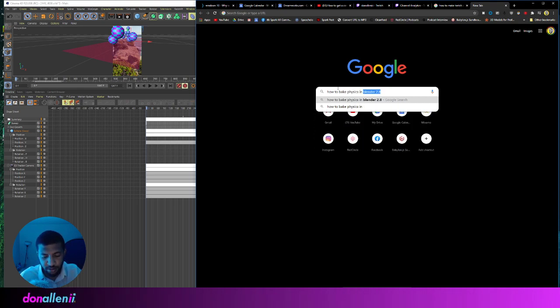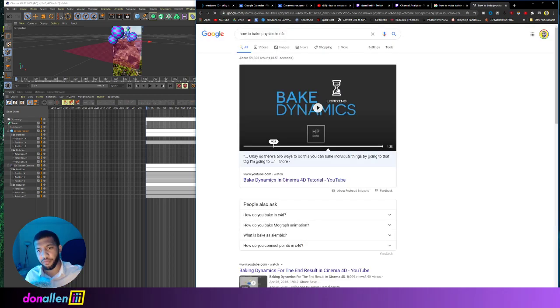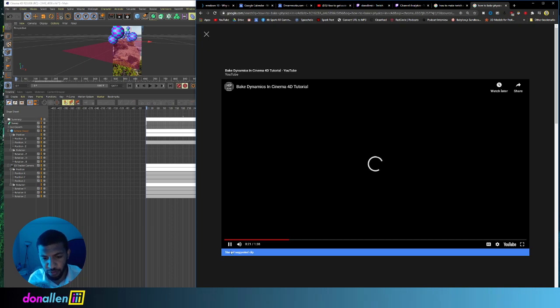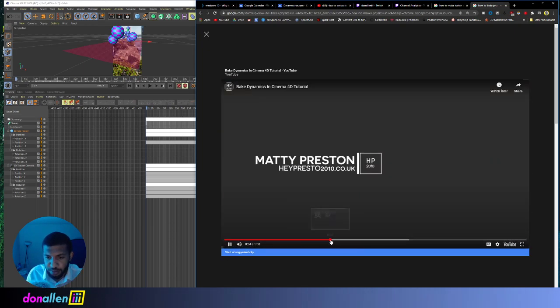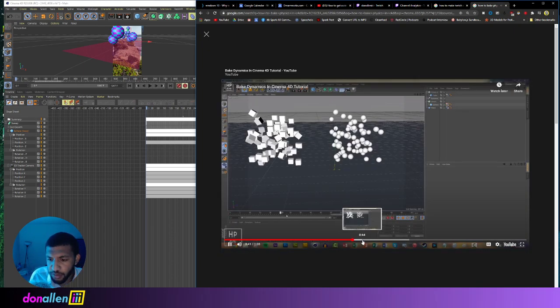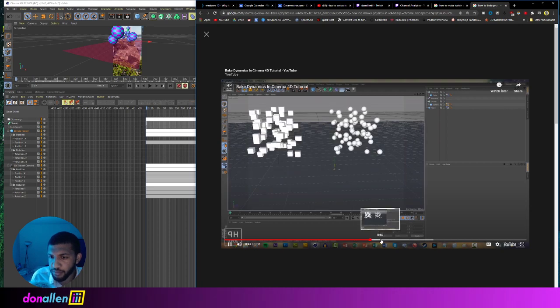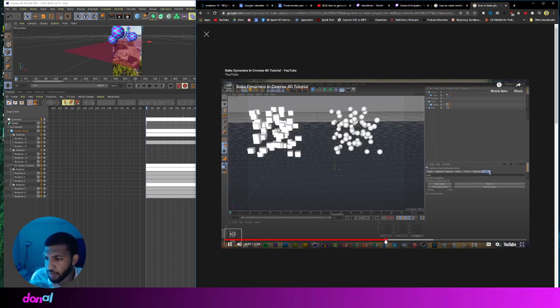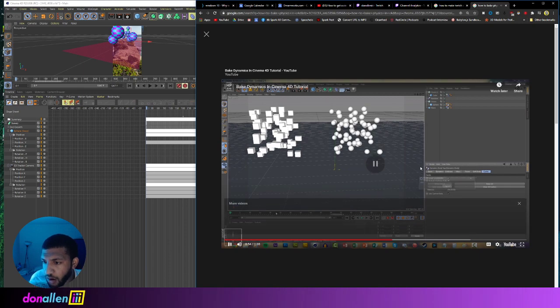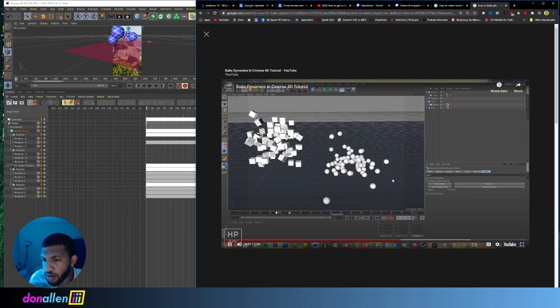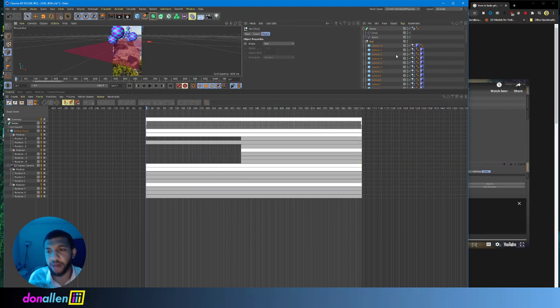in C4D. And by the way, you can bake animation in Blender. Okay, it's called dynamics. I just need to see someone do it real quick. Really useful to skip. These clone objects, there are two ways to do this. You can bake individual things. How? Go into cache and click bake object. Oh, you add. So you'll see if we scrub through, that falls in real time. What? Okay. So it looks like what they did was they added it as